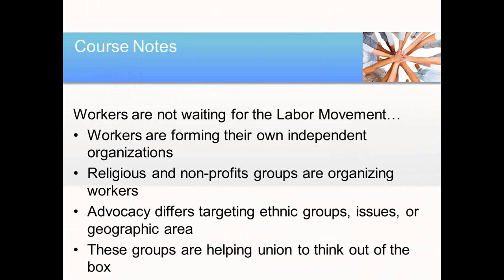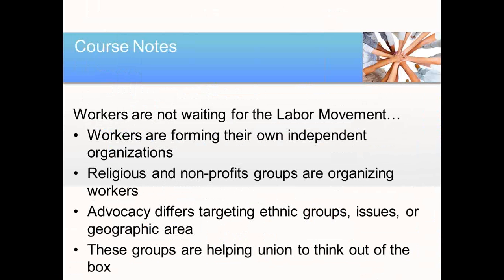But the sick leave issue has really been their hallmark, and they've really gotten a lot of traction from employees who want to be able to take time off if they need it because they or their immediate family is sick. And these groups are helping unions to think outside of the box,